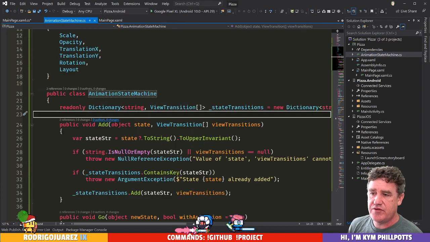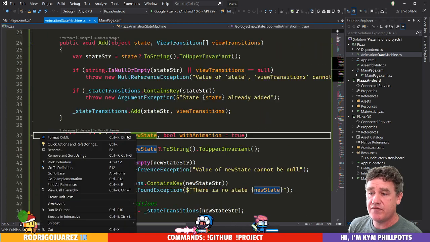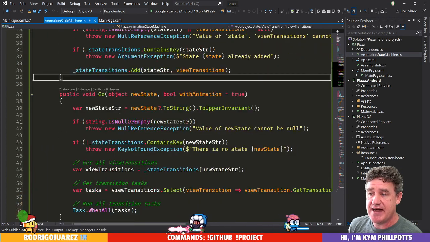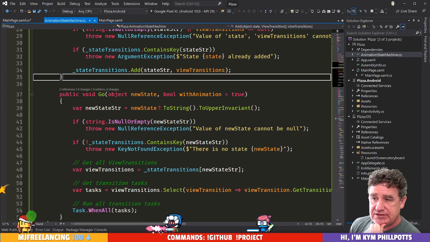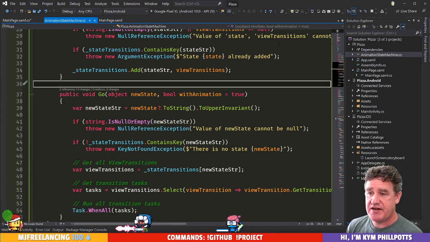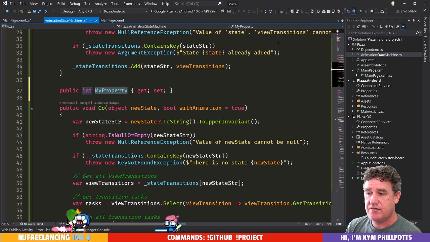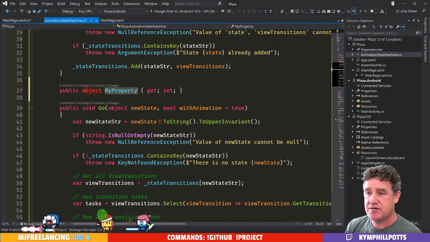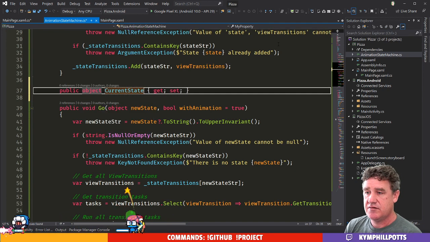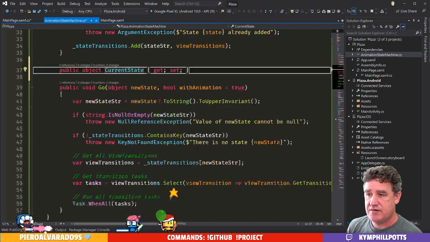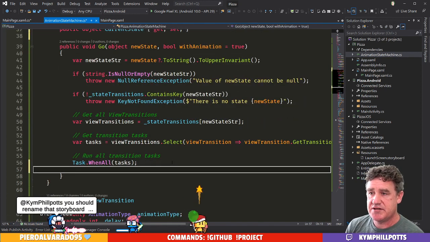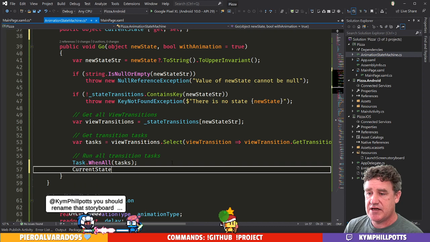At the moment, you've got this go method, which takes us to a new state, but it doesn't have a property to get it back out. So I'm going to say object current state, and then current state equals